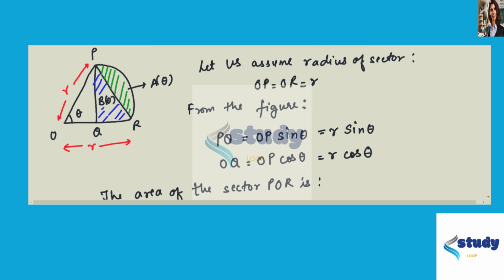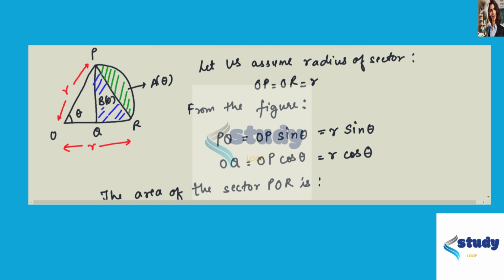Here it is given, let A theta be the area of the segment bounded by the line segment PR and arc PR, right? So this A theta is made up of the line segment PR and arc PR here. Let B theta be the area of the triangle PQR. Let us suppose this is denoted by B theta, right? So we need to find the limit as theta tends to 0 plus of A theta by B theta.